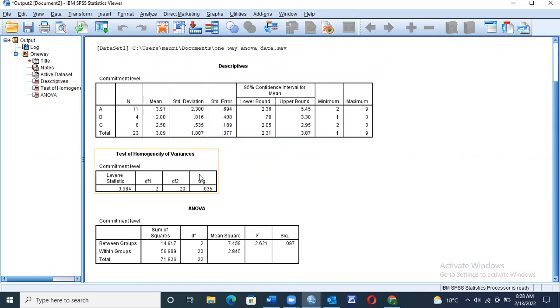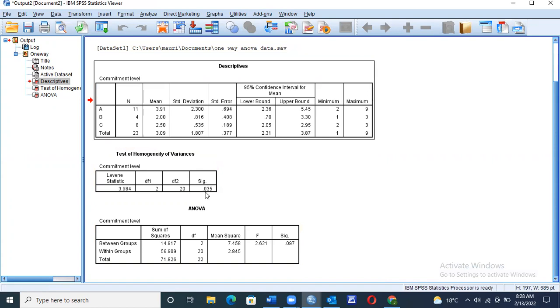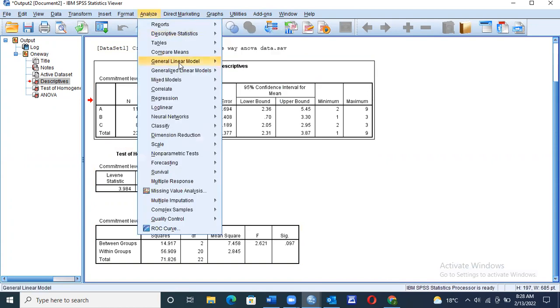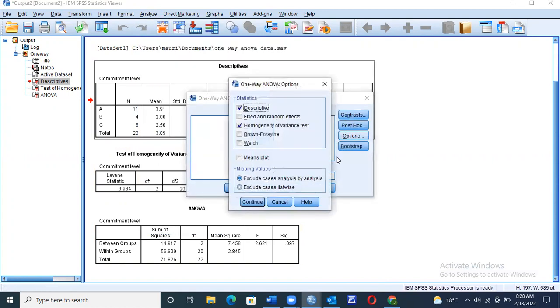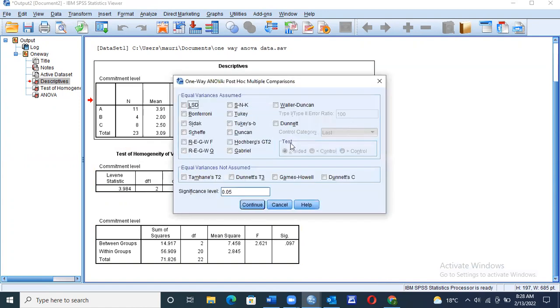Now the test of homogeneity of variance. For this case, we are simply going to see if it is significant. And you know our significance level, let me just show you something. Our significance level for this case, we can check in Compare Means, One-Way, under Options and Post Hoc. We can see that this analysis is, by default, at a 0.05